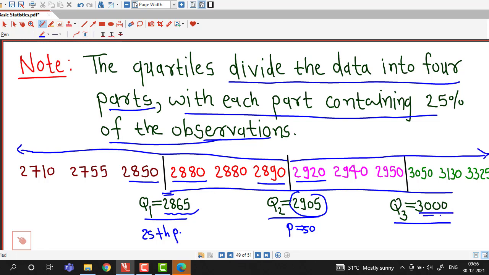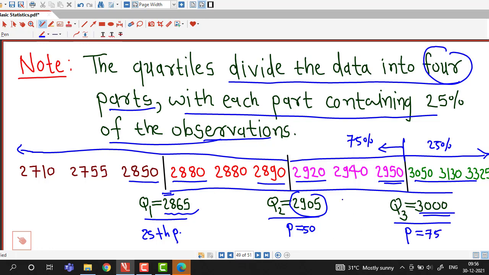Similarly, Q3 is 3000. So 75% of observations are less than Q3 and 25% of observations are greater than Q3. So quartiles divide the data into 4 parts, and there are 3 quartiles, Q1, Q2 and Q3, which are the 25th,